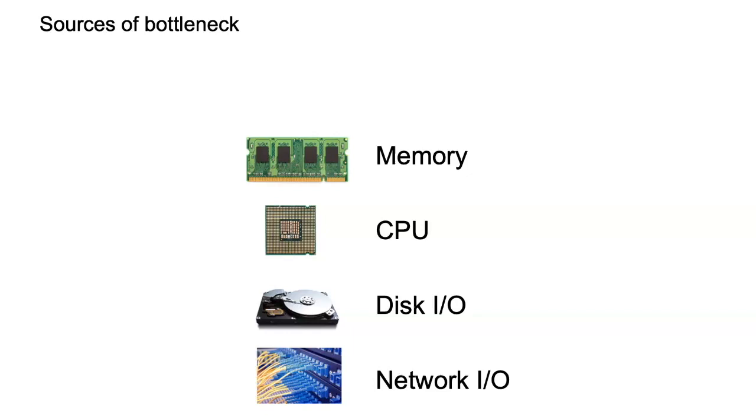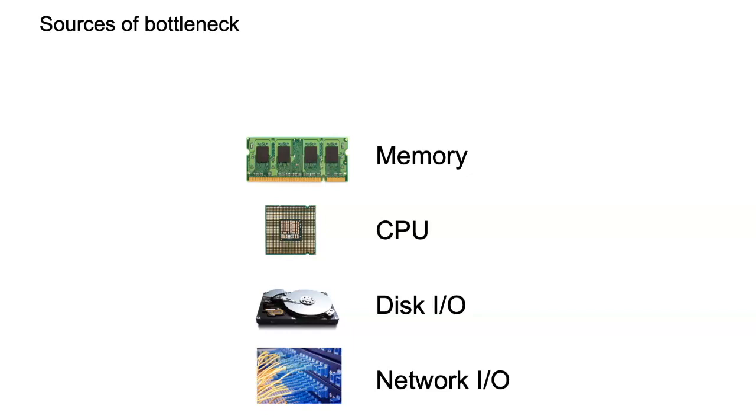And finally, you have the network I/O. Maybe the intermediate data that you have in MapReduce and Spark, there's so much of it that the time it takes to flow over the network and go across machines is slowing down the system, because you know that the network bandwidth is limited, the number of bytes you can send per second. In fact, there are even computer network researchers that are trying to optimize that at the network level, how to optimally transmit the packets. But the good news is that from an abstract perspective, I'm not a hardware researcher, right? But from an abstract perspective, it's one of the four.